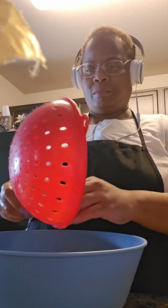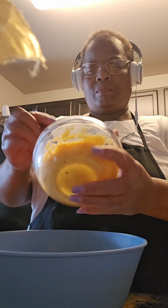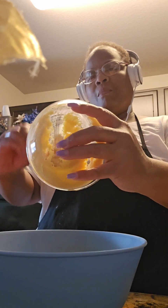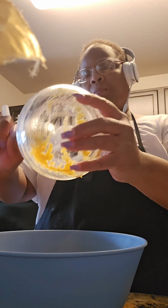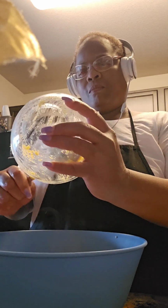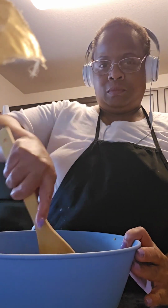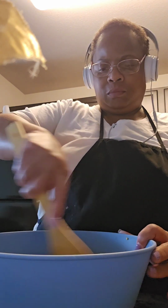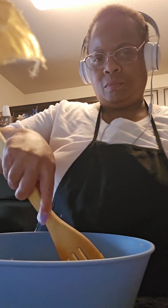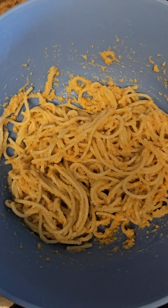Now that the spaghetti is drained, I'm going to add this mixture to it and mix it all up. And it makes it just like a paste. The mixture, the eggs and the Parmesan cheese and the butter, is like a paste to keep the spaghetti together. That's just how I see it. So now that I have that pretty much all mixed up,